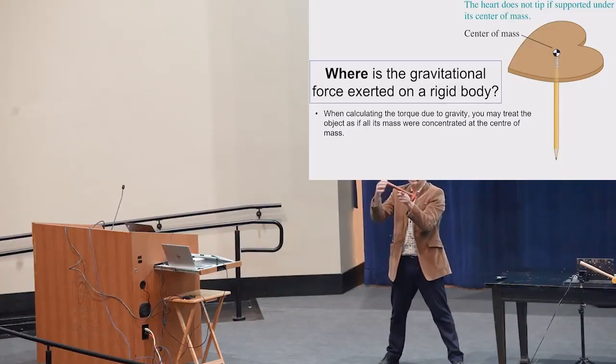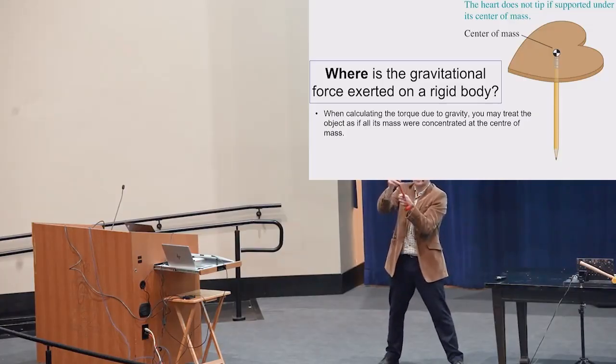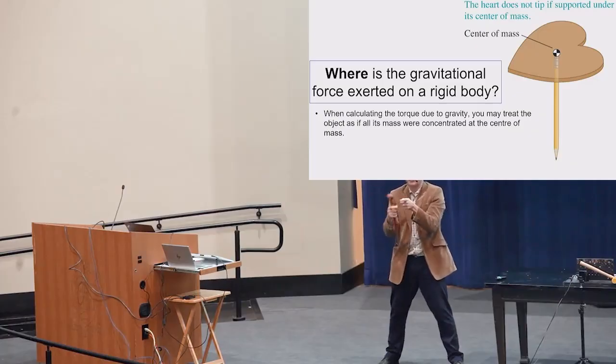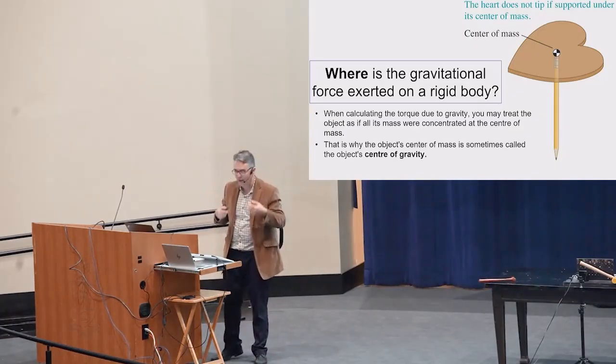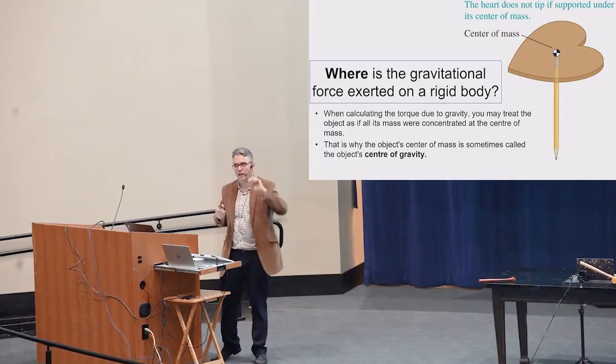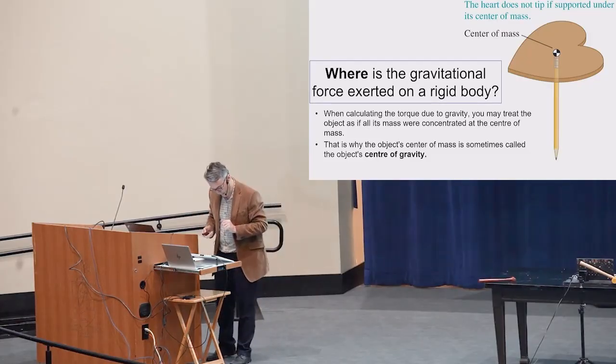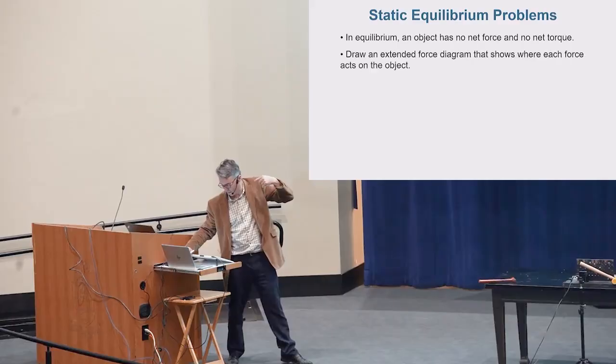If I put it here, then gravity will give it a torque and rotate it that way, or if I put it here, it'll rotate it the other way. So the center of mass is sometimes called center of gravity because that's where we can think of gravity as providing a torque. The idea with static equilibrium problems is that you draw the extended free body diagram that shows